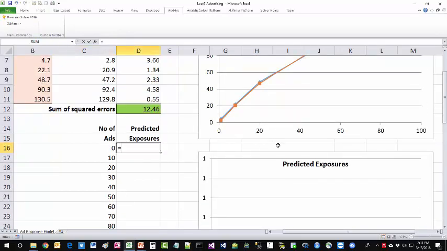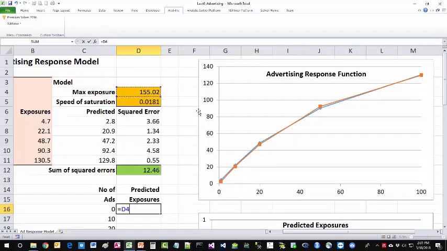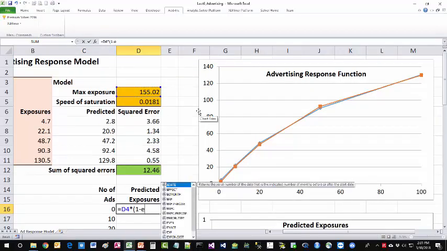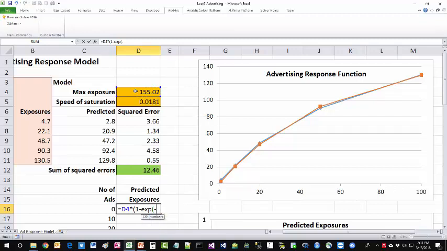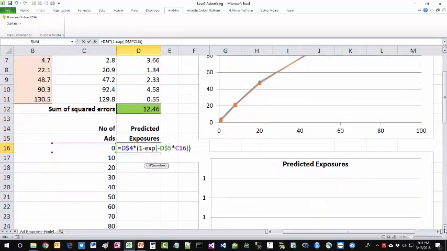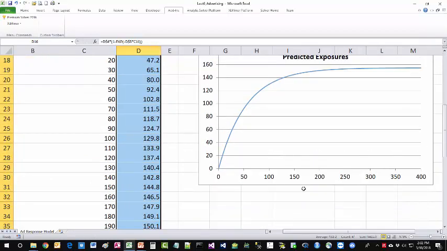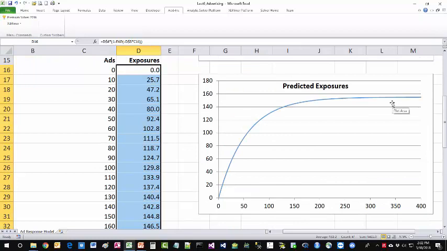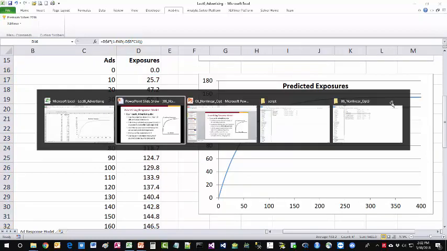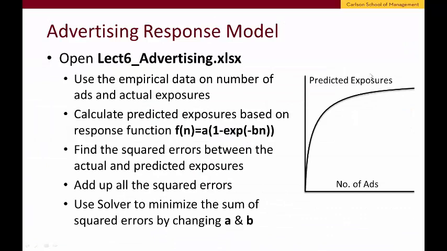Starting with a times 1 minus exp of negative b times n, where n is the number of ads, okay, fixing again the a and the b, okay, obviously starting with a 0 and then getting the concave shape that we've seen on the slide here on the right hand side. Okay, so this does it for the advertising response model, and this is a good place